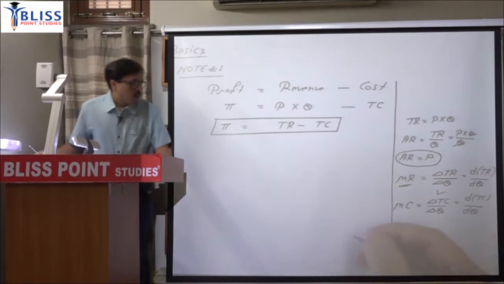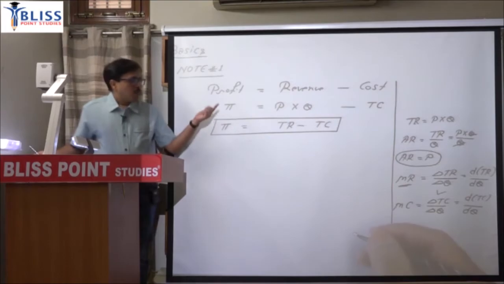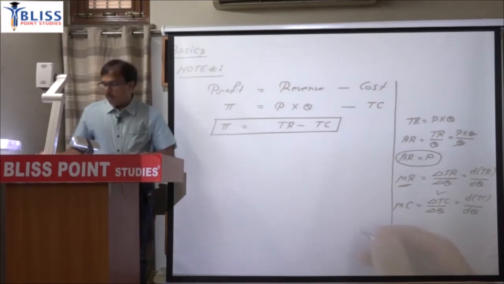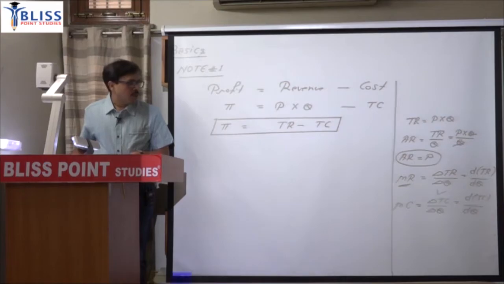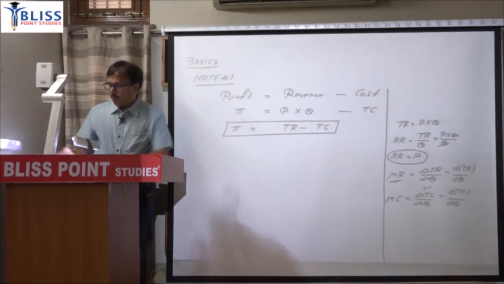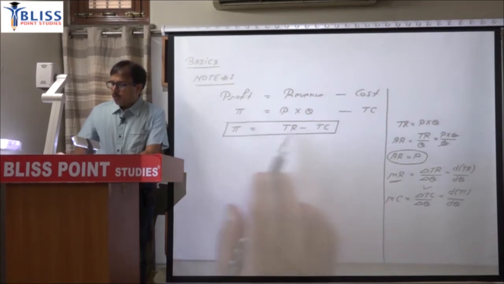So total revenue is price multiplied by quantity. Average is TR divided by Q. Average revenue is always equal to price, and marginal revenue is differentiation of total revenue with respect to quantity. So profit is total revenue minus total cost. Now